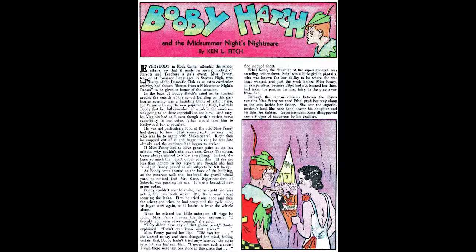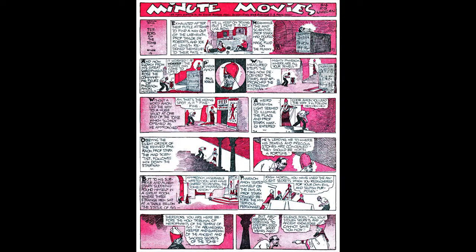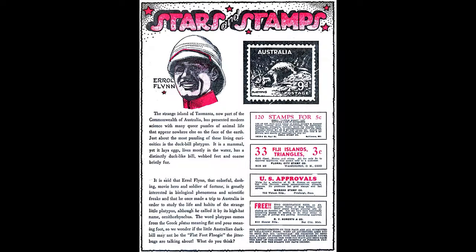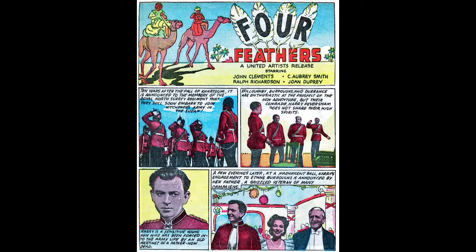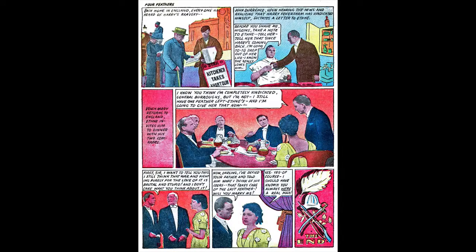Four Feathers is a 7-page strip based on that movie and features Ralph Richardson, John Clements, and Joan Duprez. Mystery in the White Room is an 8-page strip based on that movie featuring photos of Bruce Cabot and Helen Mack. Spirit of Culver is a 5-page strip based on that movie featuring photos of Jackie Cooper, Freddie Bartholomew, and